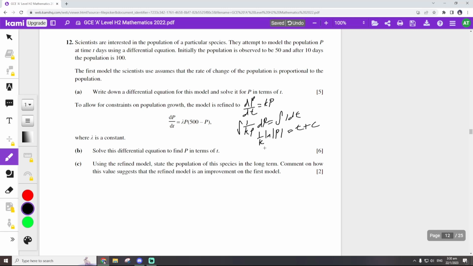And that P is, if I multiply by k, so I get A e^(kt), where A is plus minus e^(kc). Okay, then yeah, then from here you get